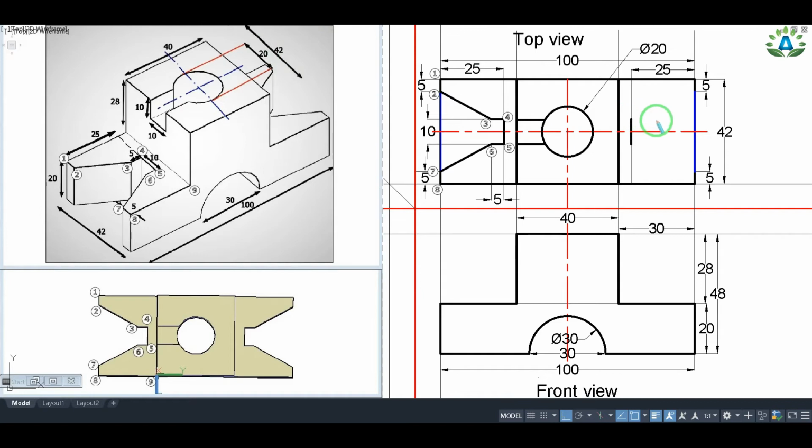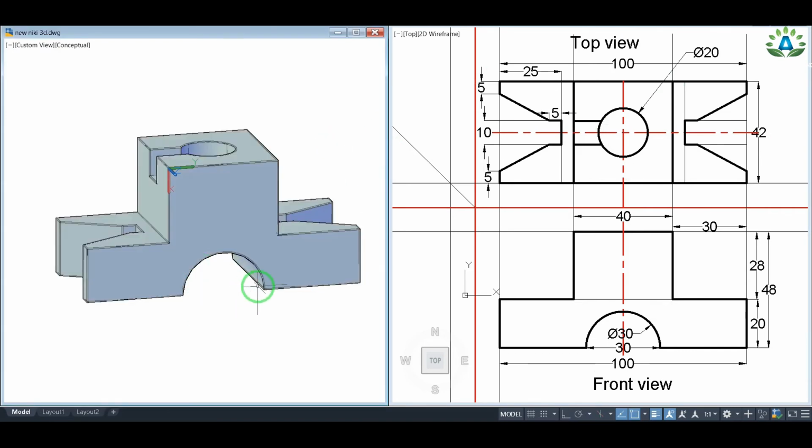And we can easily extend a horizontal line from this point as well as this point. Then we can mark a point which is 5 mm away from this point. And finally, we can join these points like this. In this way, we have located all the points in our top view. I have made these blue lines just for reference, so I'm going to erase this line and this line because we won't be able to see any lines in these parts, and our top view will exactly look like this.